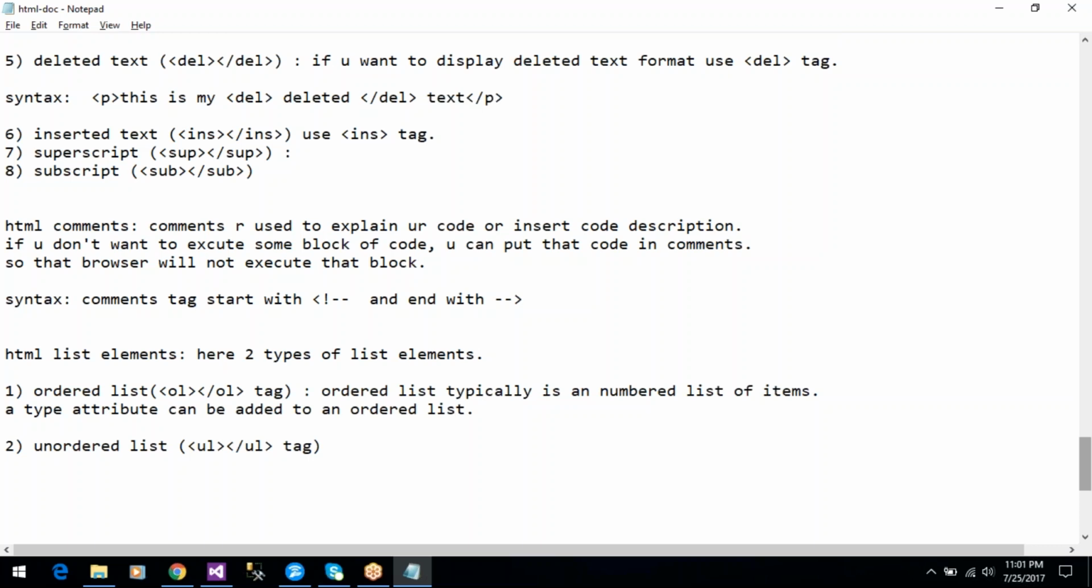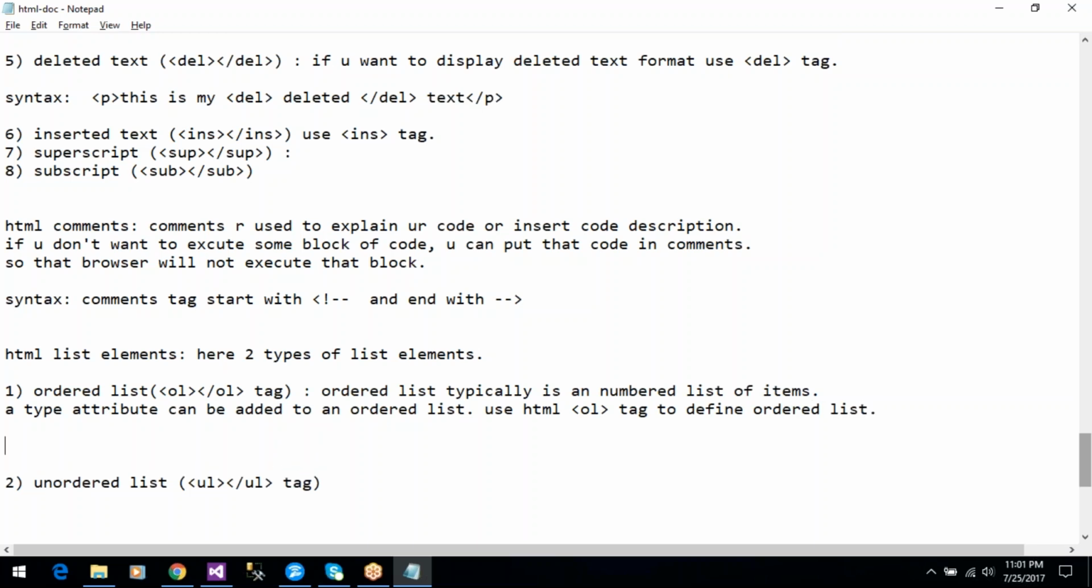Use the HTML OL tag to define an ordered list. Use the HTML type attribute to define the numbering type. The type attribute can accept numbering